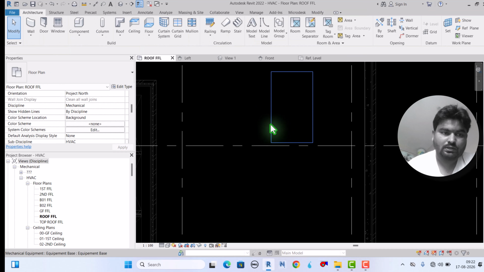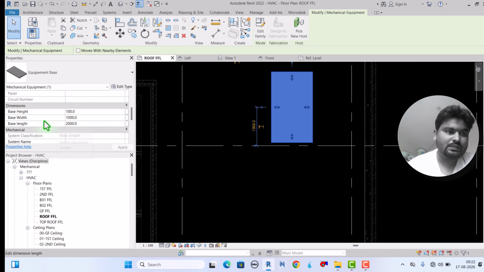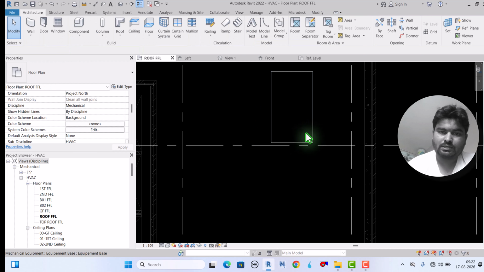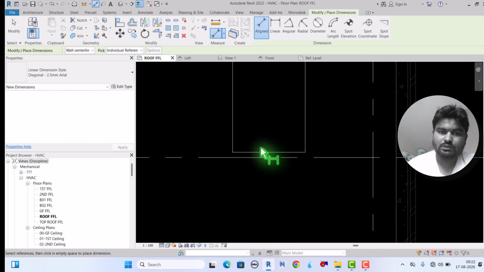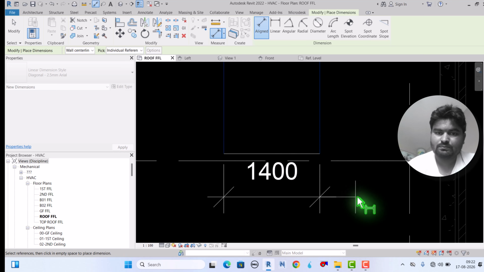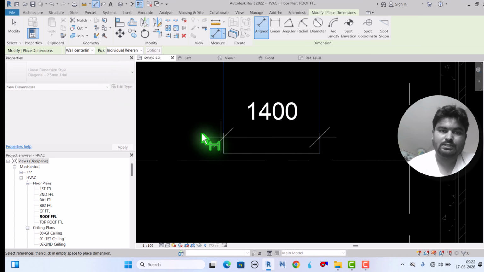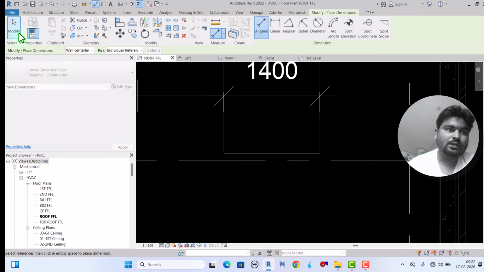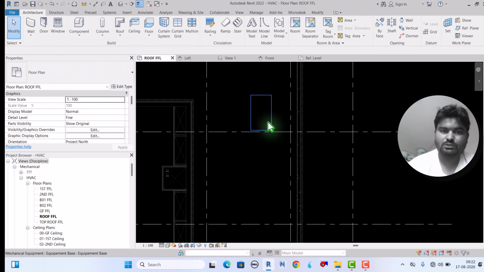See, here base width is 1000, but it will be 1400. See why? Because 200 and 200 on both sides is the offset. Okay, so that clearance will be